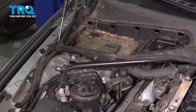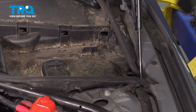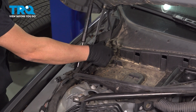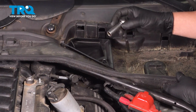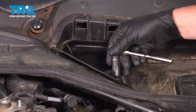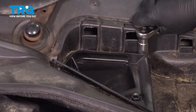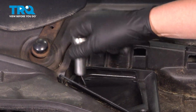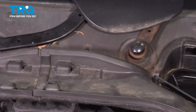Take that off. Take this panel off. Pull that up and out. Do the same on this side. Pull that up, out of the way. Then using a 13mm socket, loosen up the wing nuts here, here, here, in the middle. Then grab this panel,